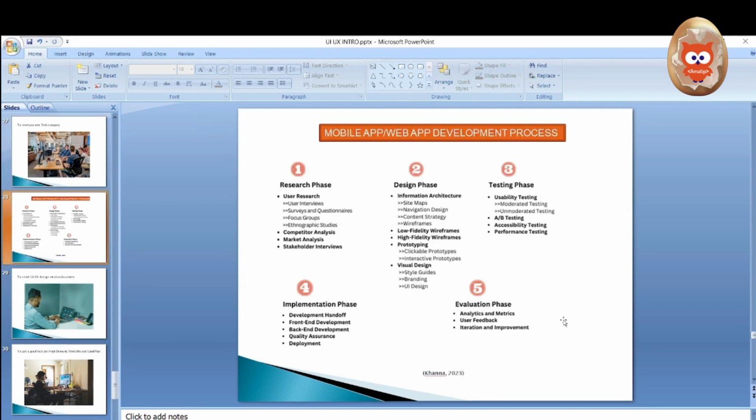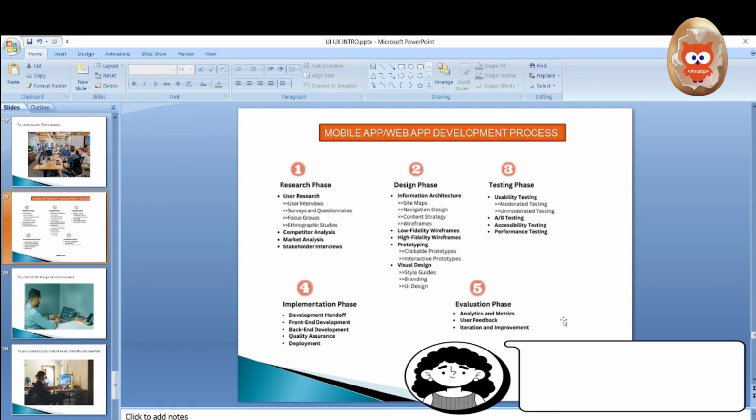For instance, I will take you through the development process of a web application or mobile application, and this is applicable to any type of application. This is the process that you need to follow. We have talked about this before in the UIUX design process in one of the previous parts of the introduction section. But in a recap, and for you to have a clear understanding of how to become your own boss, how to start your own tech company with this skill.